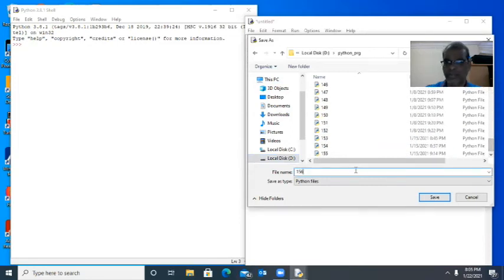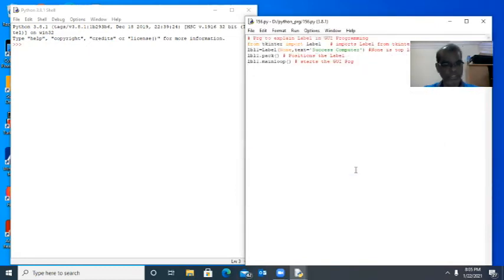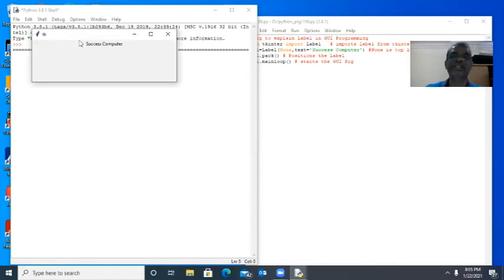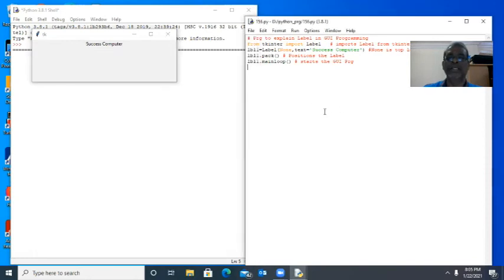Save it as 156. Just compile and run the program. See here, only "success computer" is displayed. So we can maximize this window, and it is placed in the center. Now, in some cases, see here,